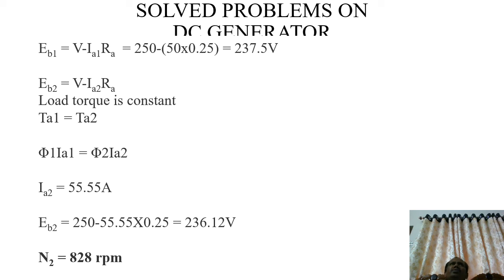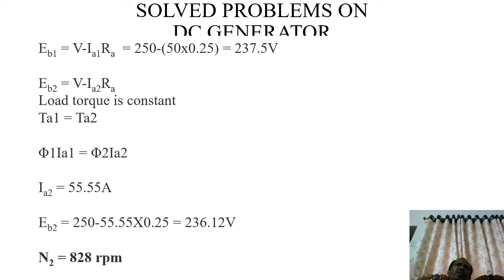In case of the generator, the armature current is divided into two, the load and the shunt field current. In case of the motor, the load current is divided into armature current and shunt field current. Then changes should happen in these equations. Suppose the EMF induced in the generator, considering the shunt field, first one: EG is equal to V plus IA RA. In case of the motors, the EMF induced in the motor, EB is equal to V minus IA RA.